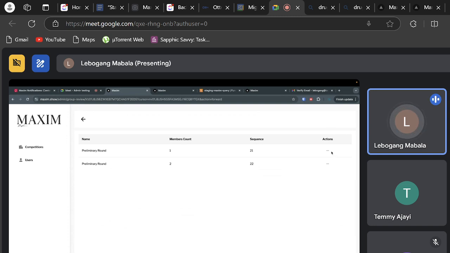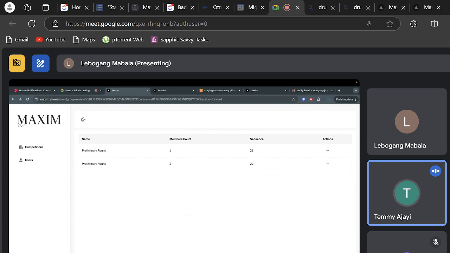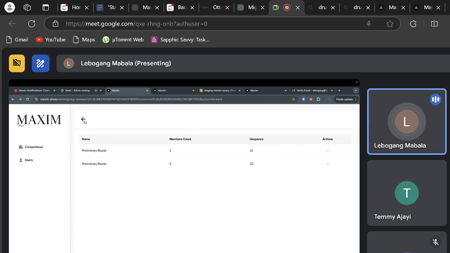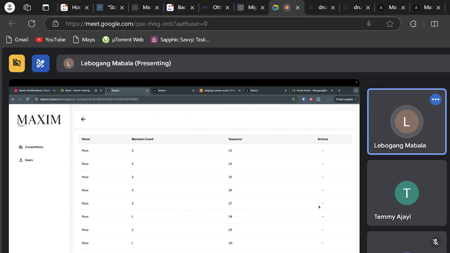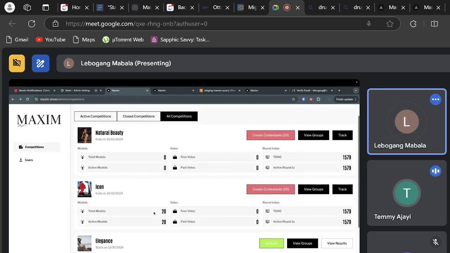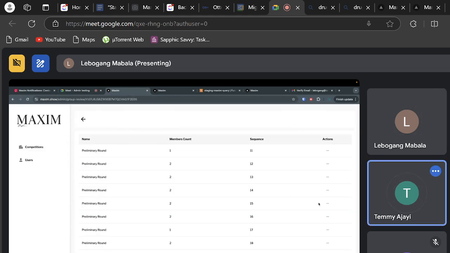Something is off. It didn't get created. Is it supposed to be created? That's the new round, or the next round. Yeah, they're supposed to stay there. No, that's the wrong one. Or maybe it's still refreshing. No.